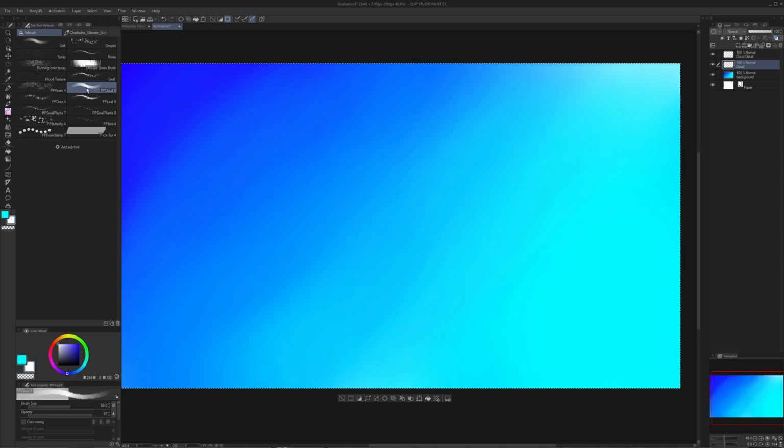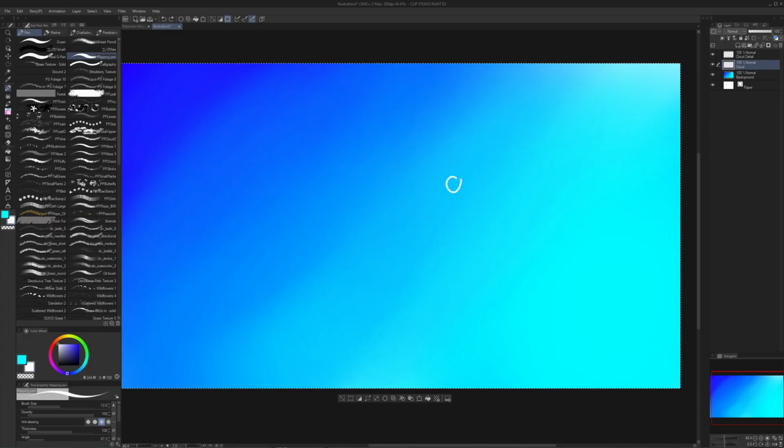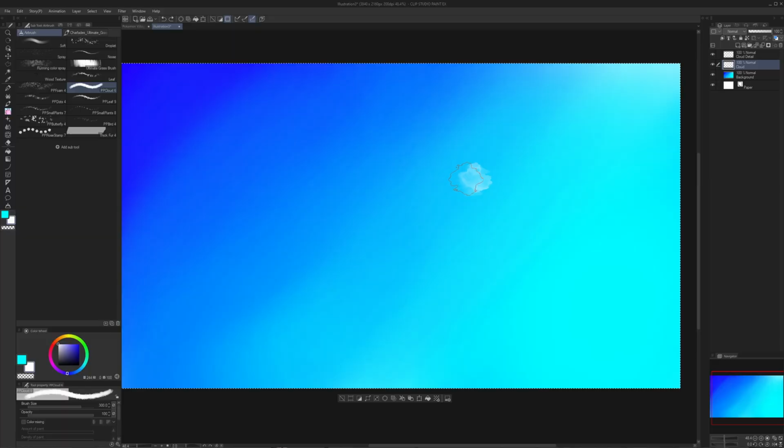I have the PP Cloud brush. I don't know who made this brush, so I've got to call it PP Cloud. I use a soft brush mainly, and I don't tend to use air pressure, it's pen pressure, because it's the basic layer. Sometimes you can use a pen brush, but I use the airbrush, and if you want it solid you can actually